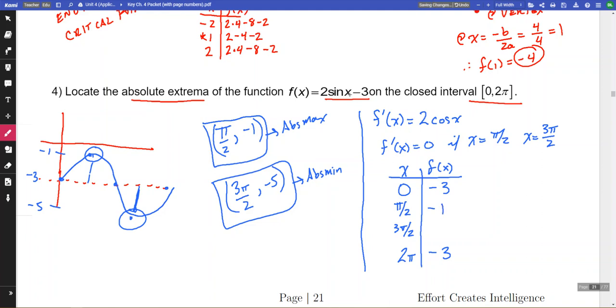And at 3 pi over 2, the sine is negative 1, so 2 times negative 1 minus 3, which is negative 5. So from the candidates test, I would have that here is my absolute max, and here is my absolute